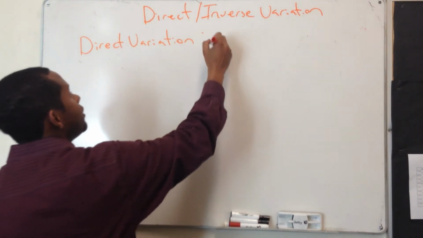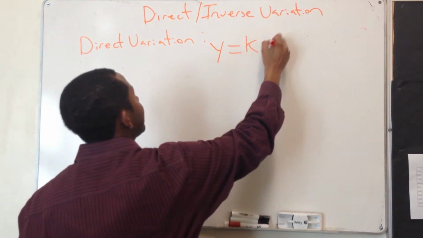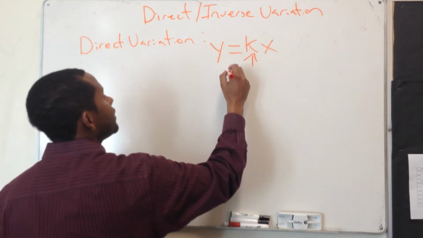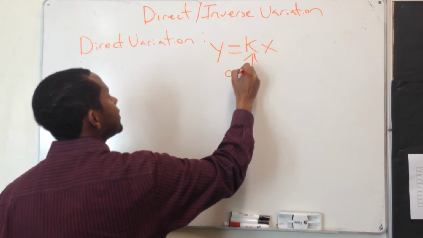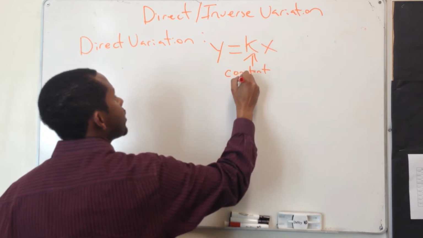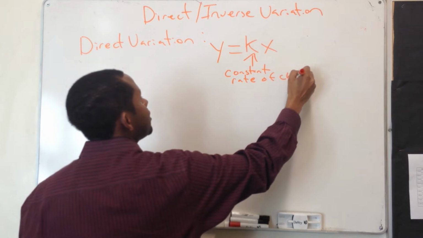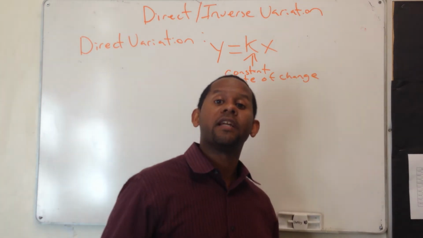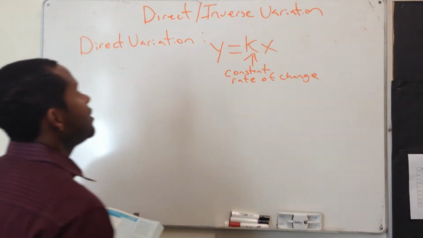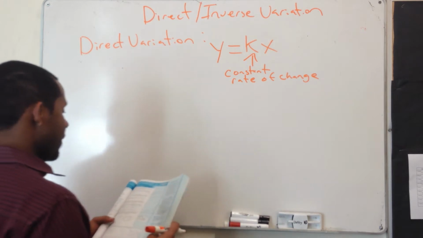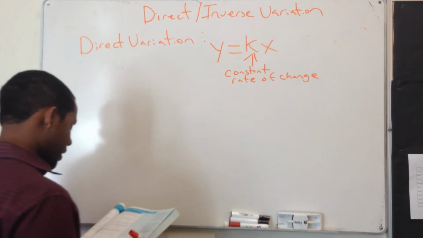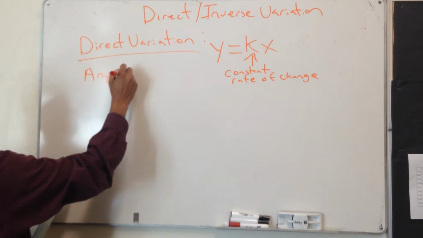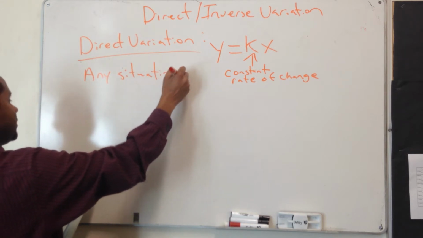With direct variation, y equals k times x. Okay? And k is a constant rate of change. This is recapping what we did today, and for some classes it'll be a preview of the next day, and for some of you, you've seen all of this today. So k is a constant rate of change, alright? So a direct variation is basically any situation,